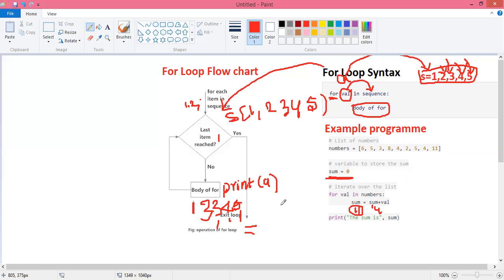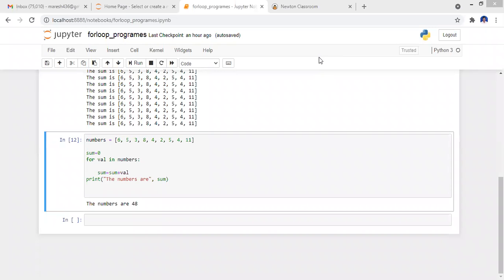Okay, let me execute this using our Jupyter notebook. So see here, this is my Jupyter notebook. Before that, I am going to write a program to print all the numbers in the numbers list, so I am going to delete this one.